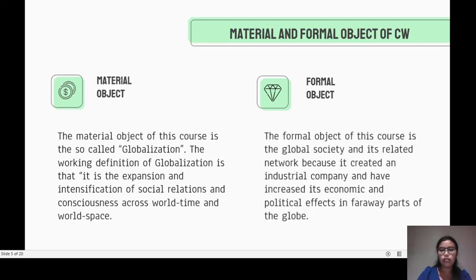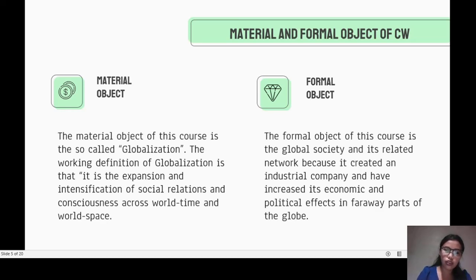We can study CW by looking into the global society and its related network, because it created an industrial company and has increased its economic and political effects in faraway parts of the globe. So what is globalization? We will study globalization, and as we study this, we will look into the global society,